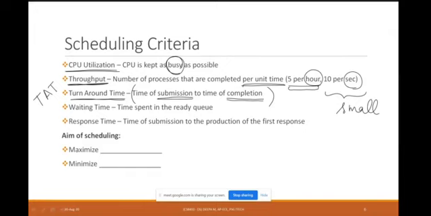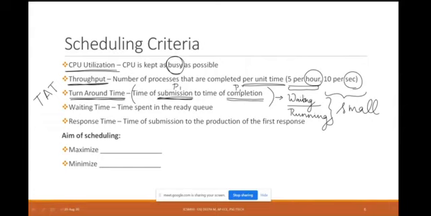Inside this turnaround time, you could have just been idle or in the waiting state for a long time. You may not have concentrated on that assignment for more than say 1 hour or so. All together will constitute your turnaround time: whatever time you spent waiting plus whatever time you spent running. The time at which the process was submitted to the time of completion of the same process is called turnaround time.